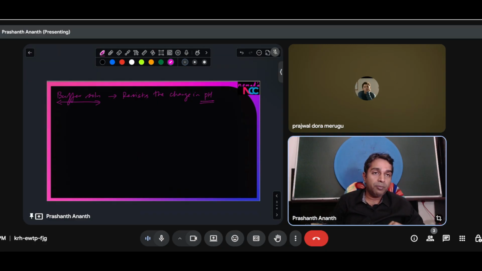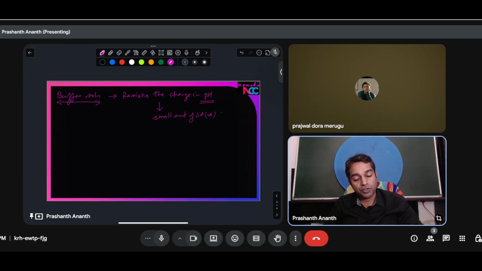This is what is meant by a buffer solution. Meaning it is going to be resisting the change in pH when a small amount of strong acid or strong base is added. This is the worst kind of condition. So when a small amount of strong acid or